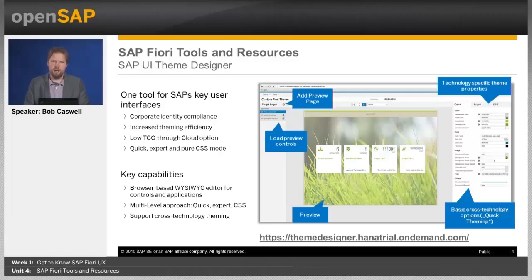Next is the SAP UI Theme Designer. Now, sometimes people confuse theming for designing, so let me be clear and explain the difference. When you design an app, there's a process flow, there's a logical experience that happens, there's a story. You're going to be learning a lot more about this in the coming weeks. And at the very end,